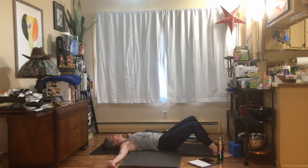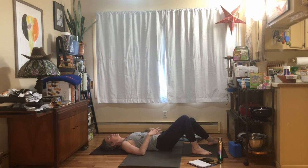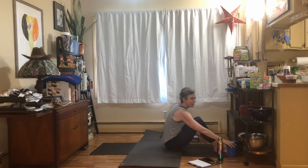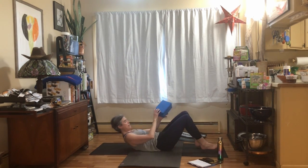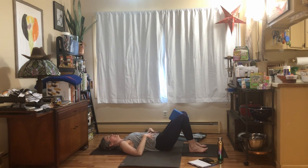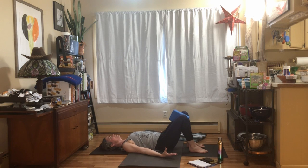Once we've evened that out, we're going to go ahead and come back to our centers. From here, we're going to come into our bridge. Since we just had our legs out quite a bit, we're going to use our blocks to find something that is about the width of a block or a fist in between knees, just to find the alignment of our bridges. For this, we'll bring our heels underneath our knees, tucking our shoulder blades under our bodies,